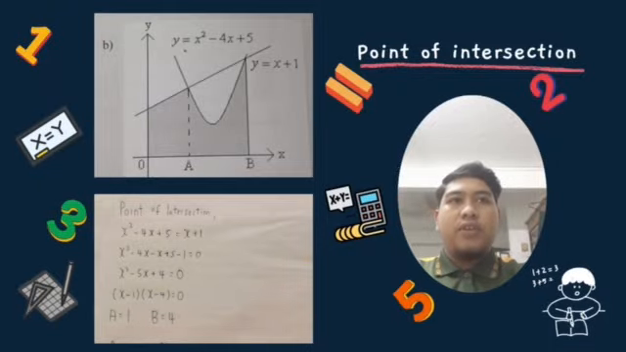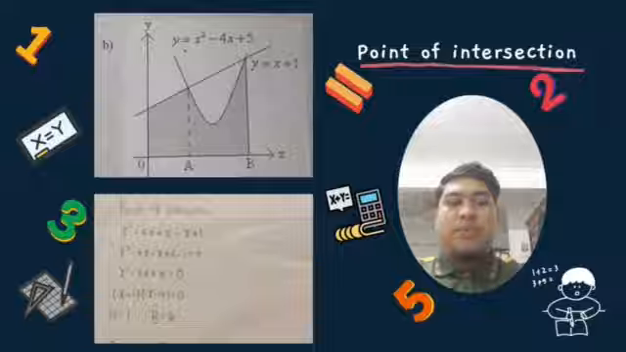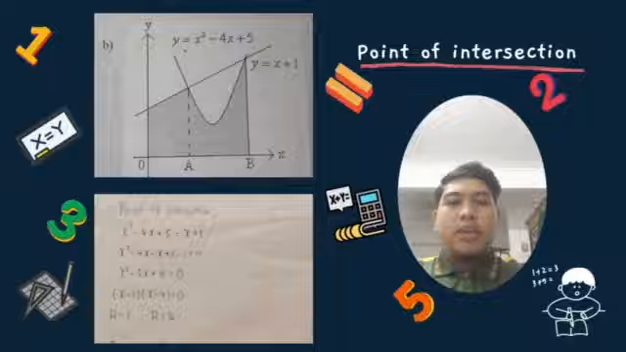Given the graph of the curve with equation y equals x squared minus 4x plus 5 and the straight line y equals x plus 1. To find the coordinates of the intersection points A and B, just simplify x squared minus 4x plus 5 equals x plus 1, and x squared minus 5x plus 4 equals 0, and x1 equals 4